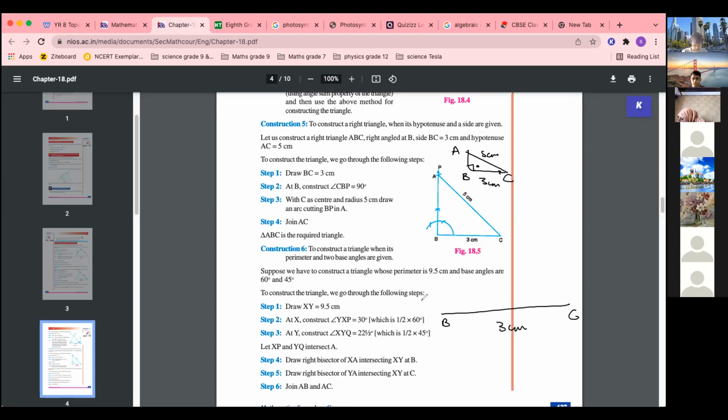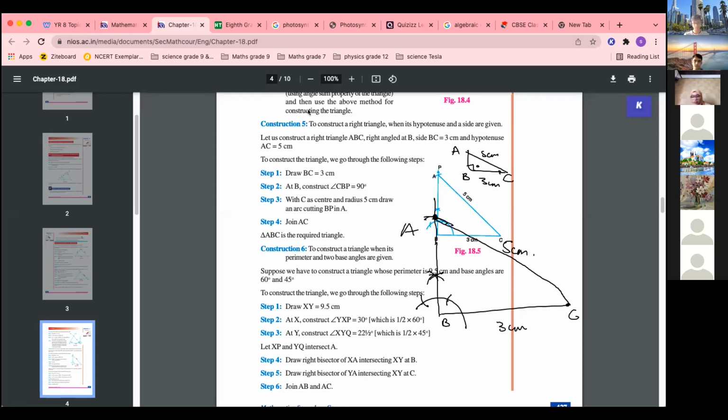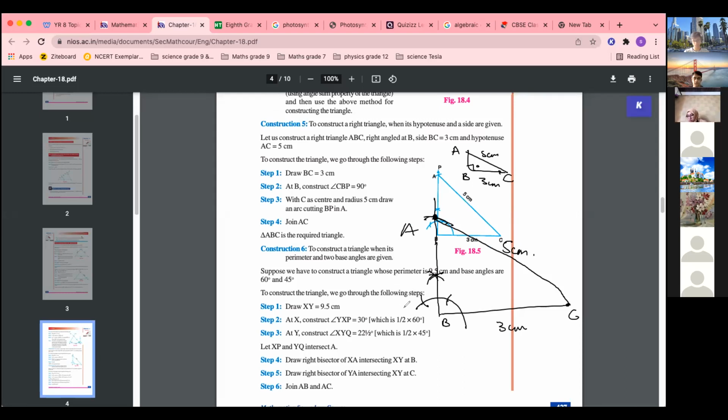Now this is 3 centimeter. From here we have to cut 5 centimeter on this line. So from here take your compass, measure 5 centimeter on scale and cut an arc on the 90 degree line over here, because then only you will get a point. So I have cut over here and join it. So this is 5 centimeter. Understood? Or should I draw it on white? Is it clear? Yes, ma'am.